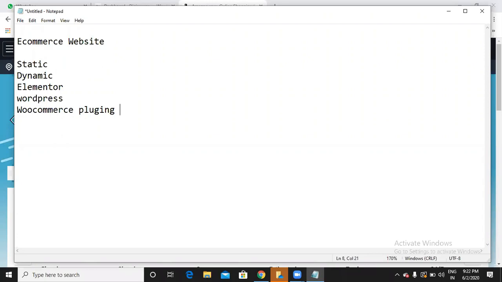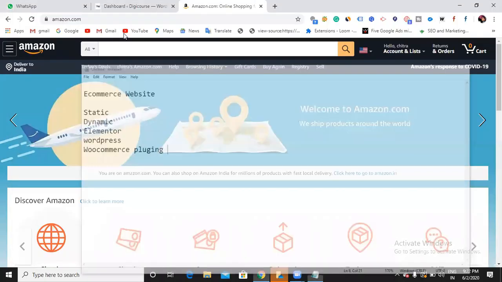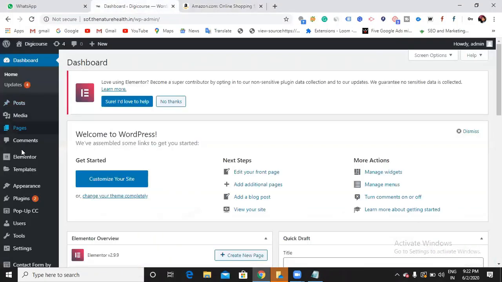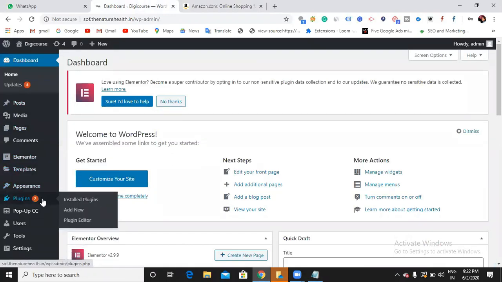You can insert all the products, add them to cart, and have some sales and all. The only thing you require is one domain and hosting. That's it. Then you can create whatever website you want. Now let us see how I am going to create an e-commerce website using WordPress step by step. Let's see. Right, so this is the website dashboard you already know. What is the plugin name? WooCommerce.